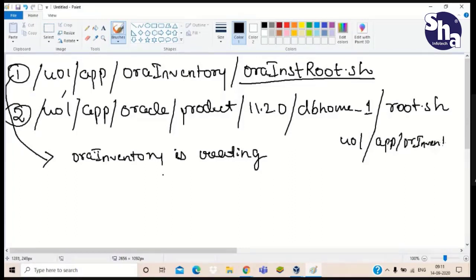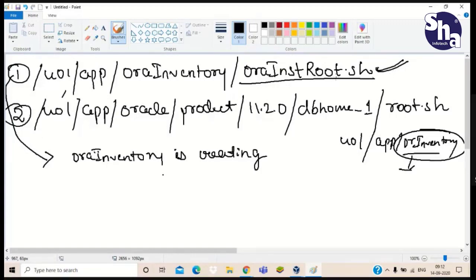Yes, sir. Whether the Aura inventory is created or not, I have told you about that. In this directory will be all the information of Oracle home and Oracle software products. So how will it be created? It will not be created automatically. It will be created when we run this script, aura inst root.sh.